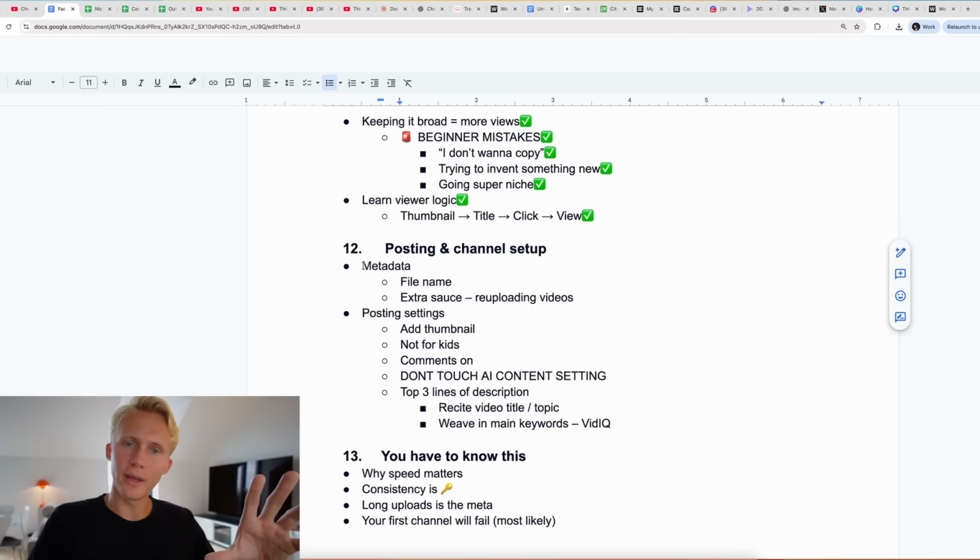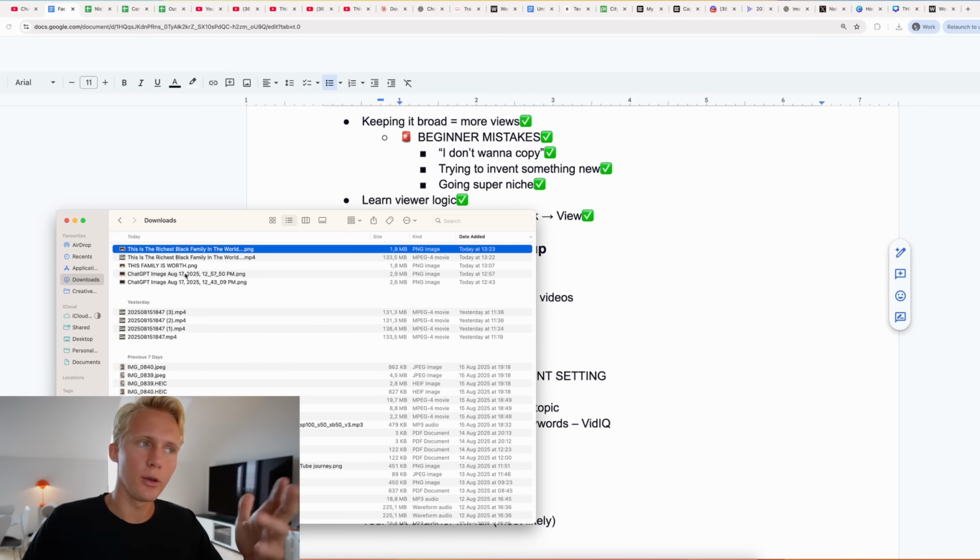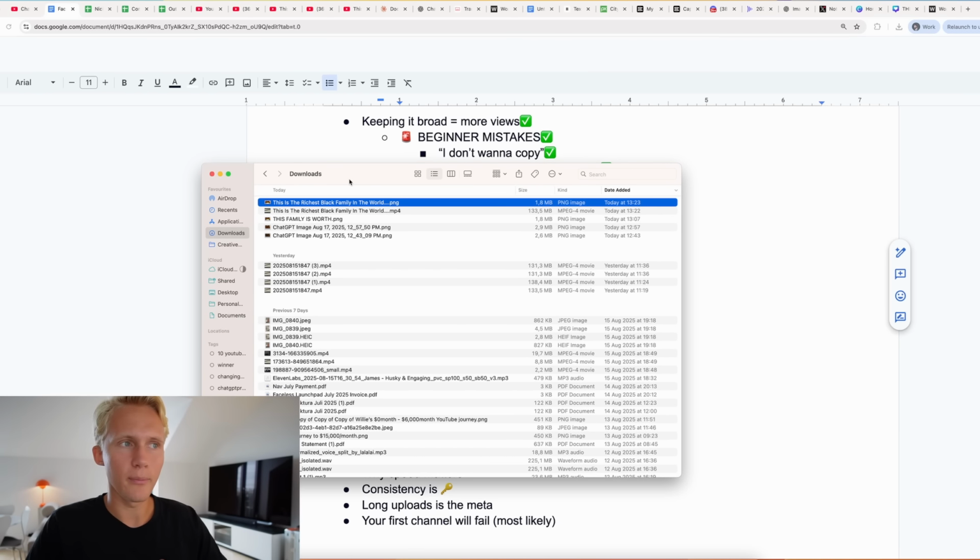So in order to make sure that YouTube does not recognize your new upload and index it as something that has already been uploaded on the platform before, you simply re-export the videos from your editing software. You make sure to give it a new name, of course the file name, make sure that the file is fresh.